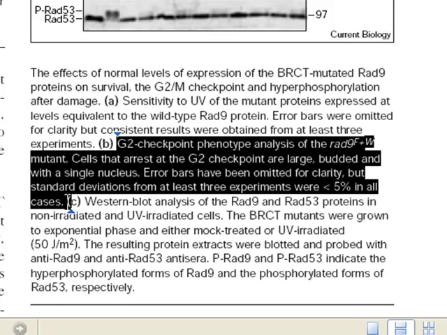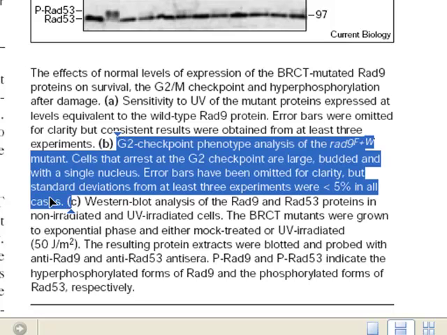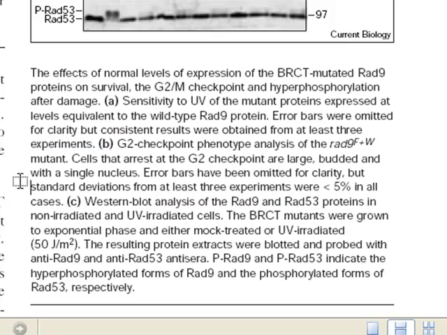Cells that arrest at the G2 checkpoint are large, budded, and with a single nucleus. Error bars have been omitted for clarity, but standard deviations from at least 3 experiments were less than 5% in all cases. Note the extra information which assists in interpreting the way the data in the plot was collected and displayed. This aspect of a good legend is also illustrated by a sentence in the legend for Part C, where